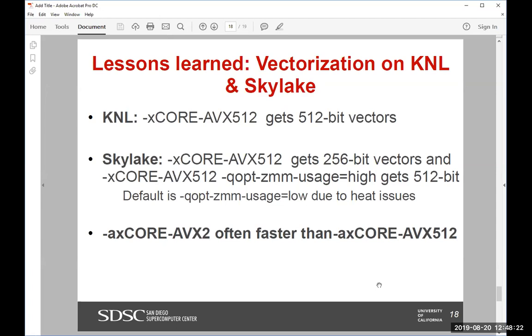This slowdown can really hurt performance if the code does not perform a lot of 512-bit instructions. If it's only using the 512-bit instructions sparsely, the clock will still get turned down and slow down the